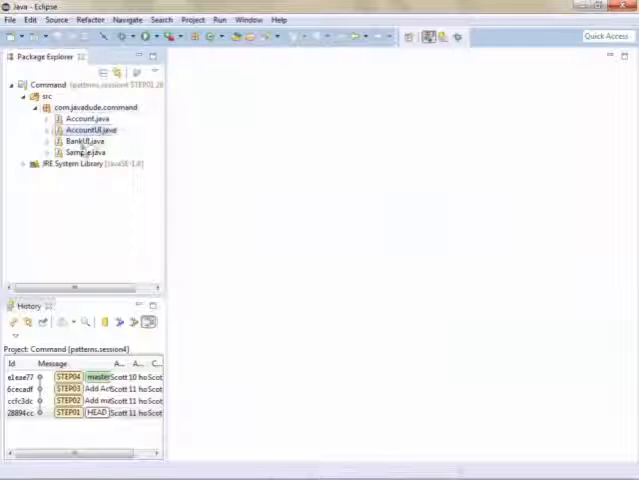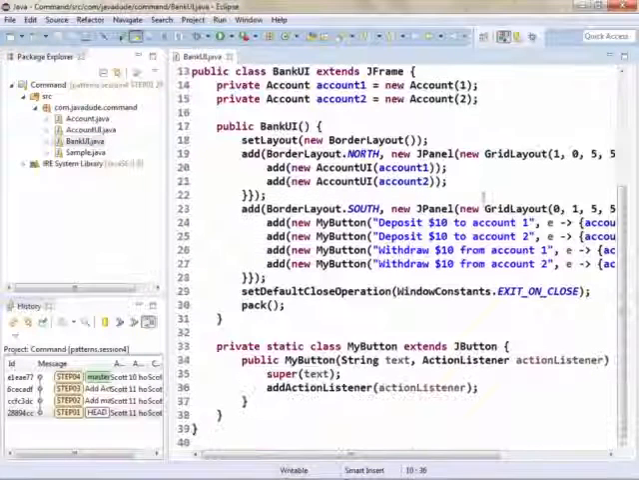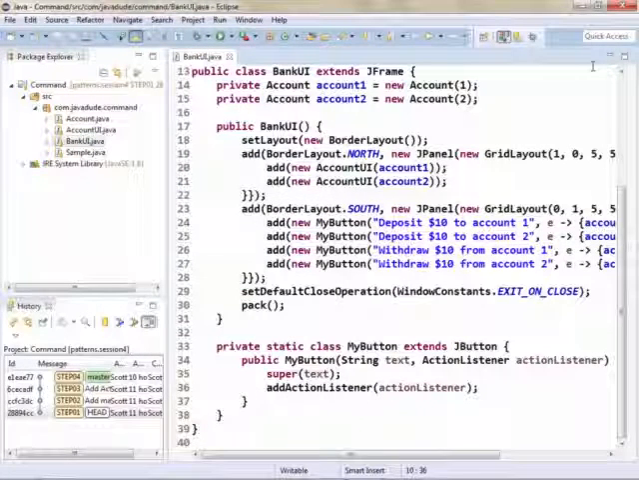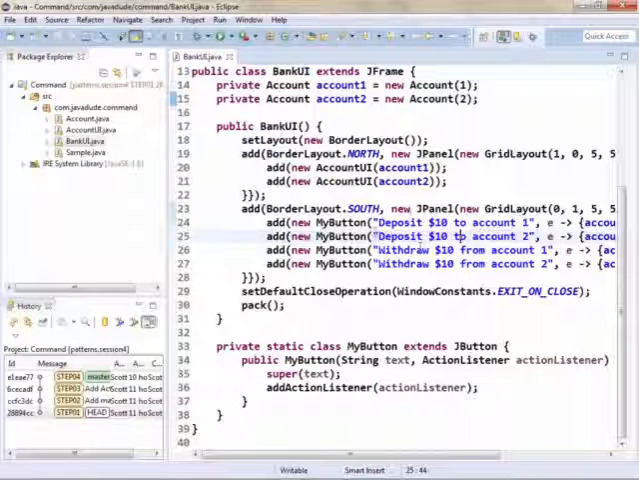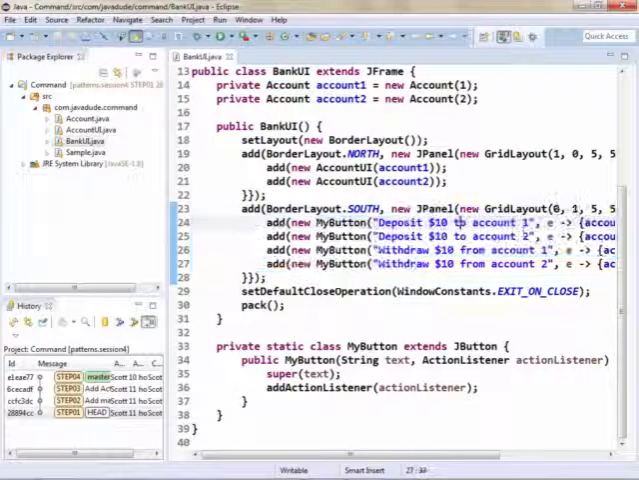Now the overall user interface for this is a panel that's just going to include two accounts at the top. So I'm going to drop in two account UIs for two different account objects. And then I'm going to put some buttons in there that let me deposit and withdraw $10 from either account. So really